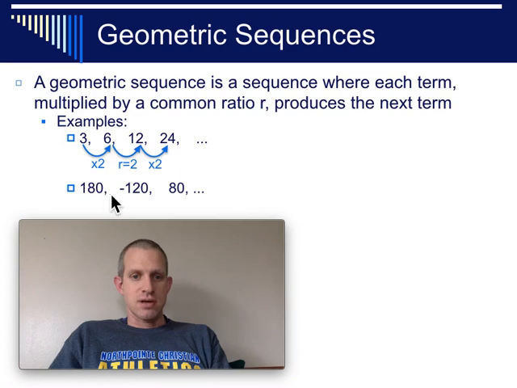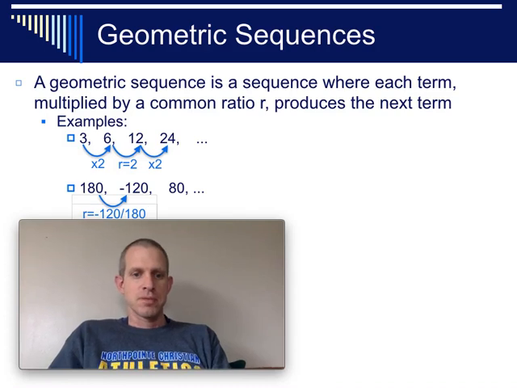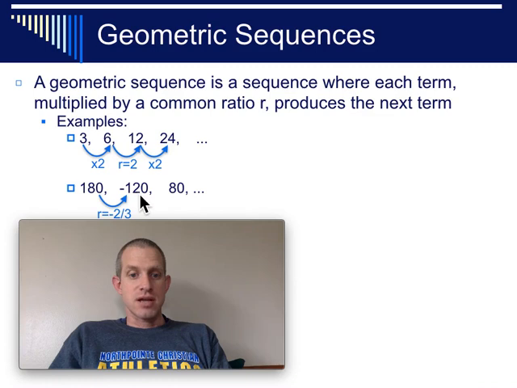So in this particular sequence, that ratio is not quite as obvious. To go from 180 to negative 120, the ratio is negative 120 divided by 180. That fraction reduces to 2/3, specifically negative 2/3. So if I were to take negative 120 and multiply it by negative 2/3, that will give me